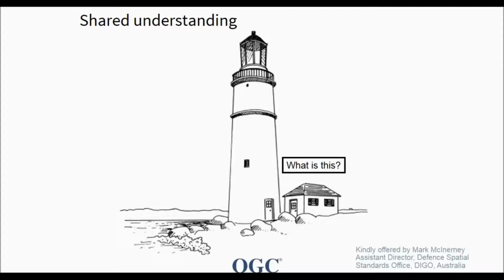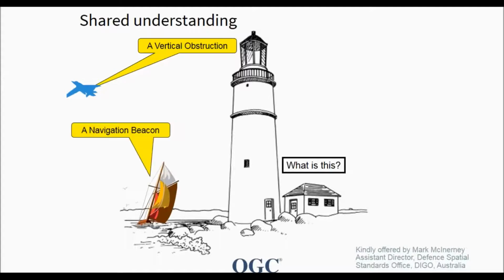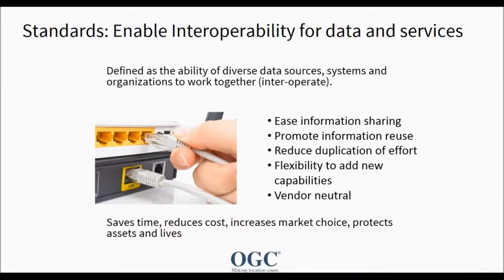So you'll probably all agree with me that what you see on the screen looks like a lighthouse. But it really is a different thing to different people. So for somebody in an aircraft, it's really a vertical obstruction. For somebody out at sea, it's a navigation beacon, and if you stand on the actual tower, it's an observation post. And that means the different meaning that comes from these different perspectives needs to be captured and defined. And the standards that we have for geospatial data issued by the Open Geospatial Consortium as well as the ISO TC211 committee are really very valuable in defining the data and how we understand it.